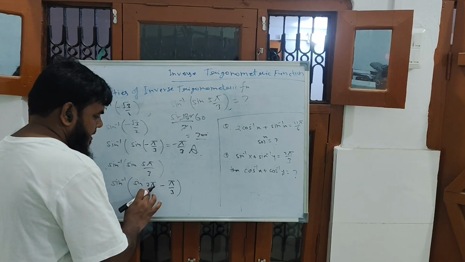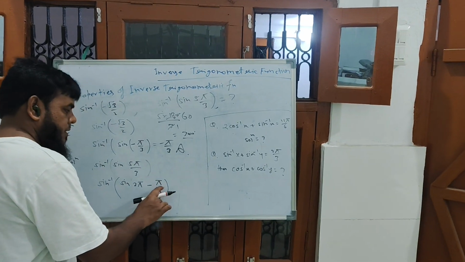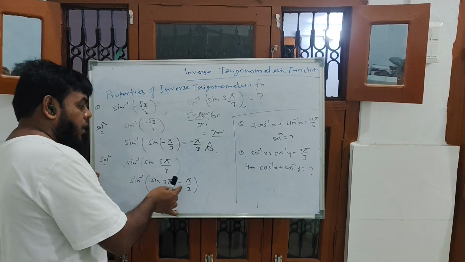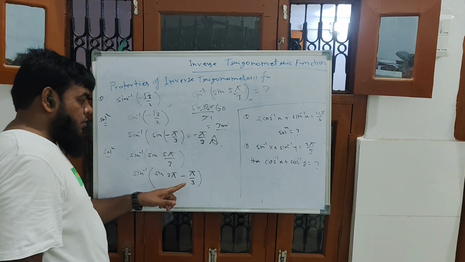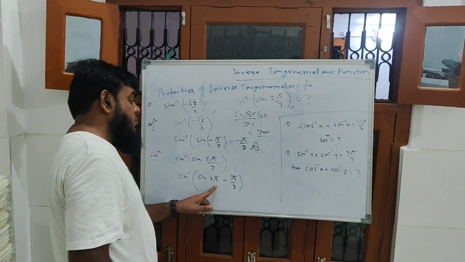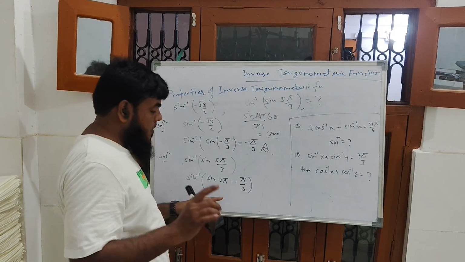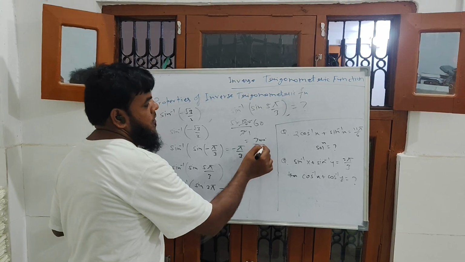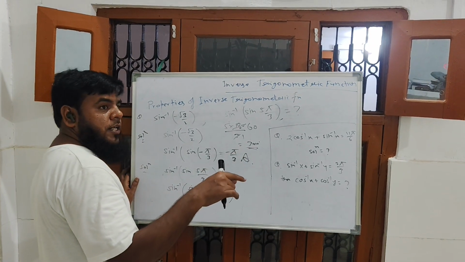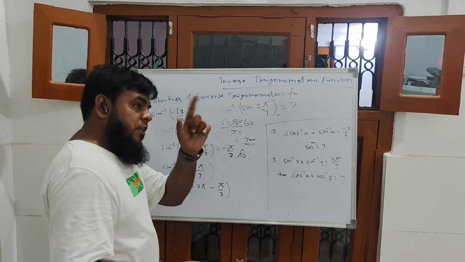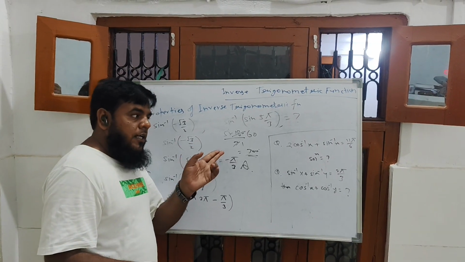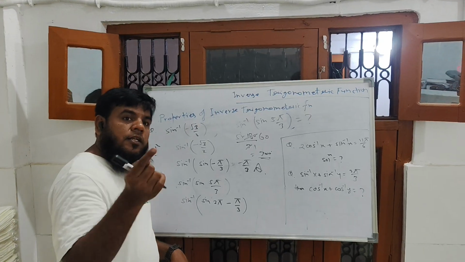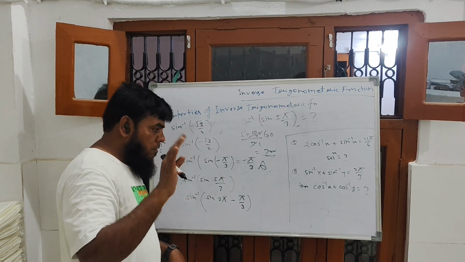Sine of 2 pi minus theta lies in the third quadrant, not the second quadrant, sorry. That is 2 pi minus 300. First quadrant is 0 to 90, 90 to 180 is the second quadrant, 180 to 270 is the third quadrant, and 270 to 360 is the fourth quadrant.